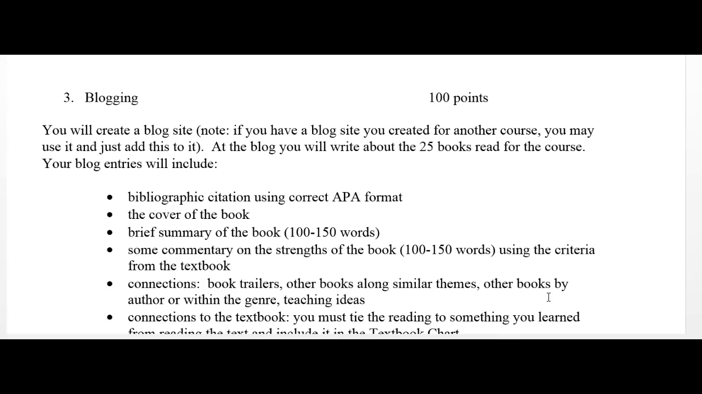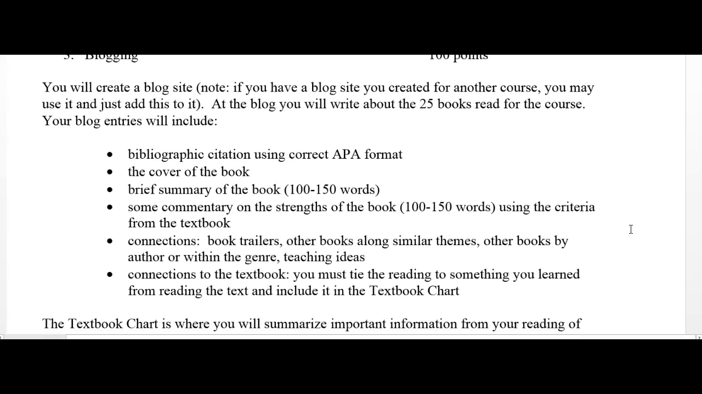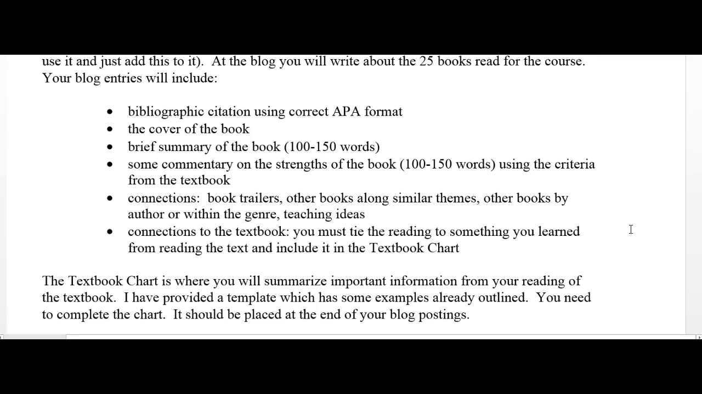The first thing you need to know is that you need to create a blog site. Please note, though, that if you already have a blog site that you created for another course, you may simply use it here and just add this component to it, making sure that I know where I'm going to find these blog posts. So at the blog, you'll write about these 25 books, and your blog entries will include the following: